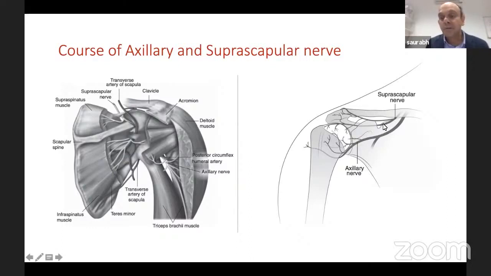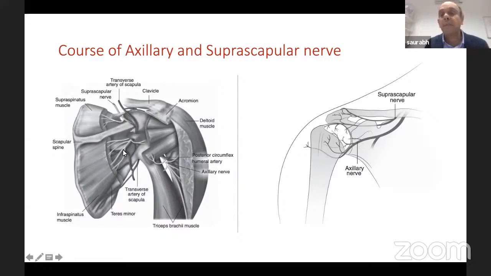Then suprascapular nerve is given off by the upper trunk, then it goes into the suprascapular notch. Water flows above the bridge, so artery is above the foramen. And then if I take you again to the posterior cut section, nerve then comes in the spinoglenoid notch and supplies. So once it crosses the notch, then it supplies the infraspinatus. You can see as it goes through the foramen, just as soon as it passes, it's supplying supraspinatus. Then it comes through the spinoglenoid notch there, and then supplies your infraspinatus.